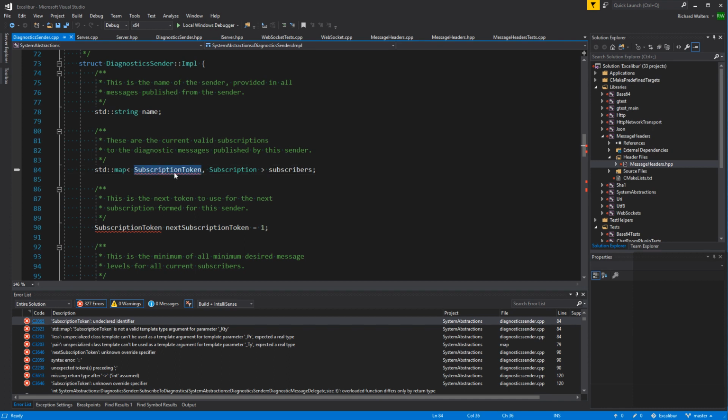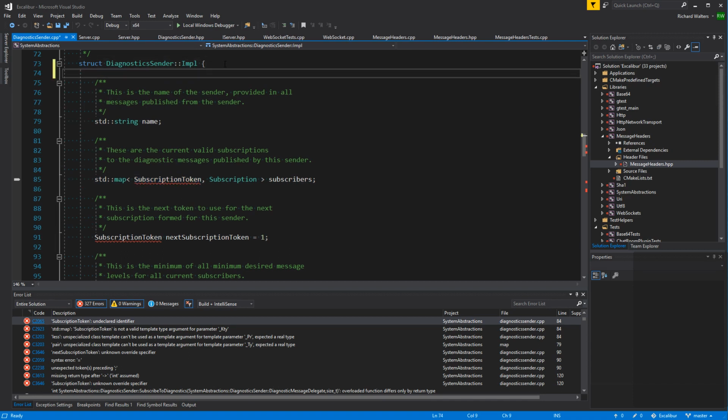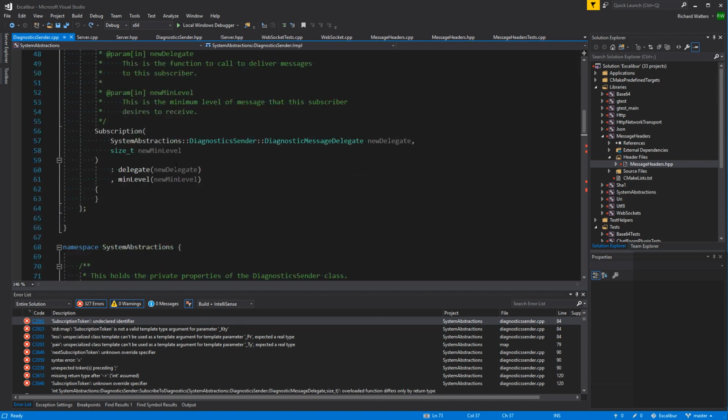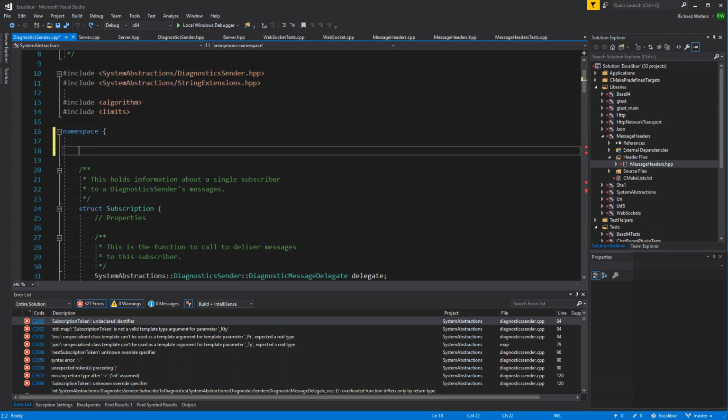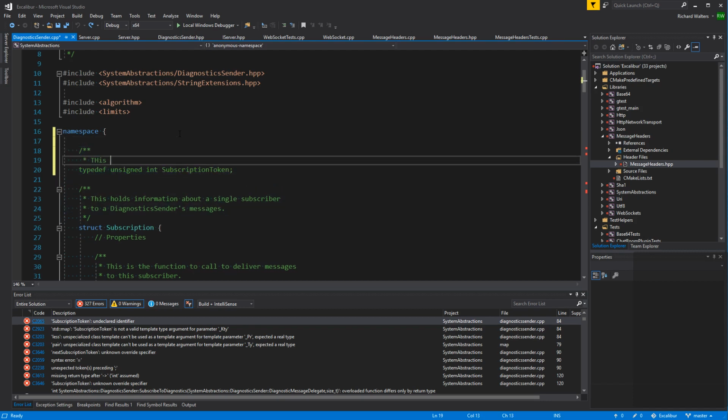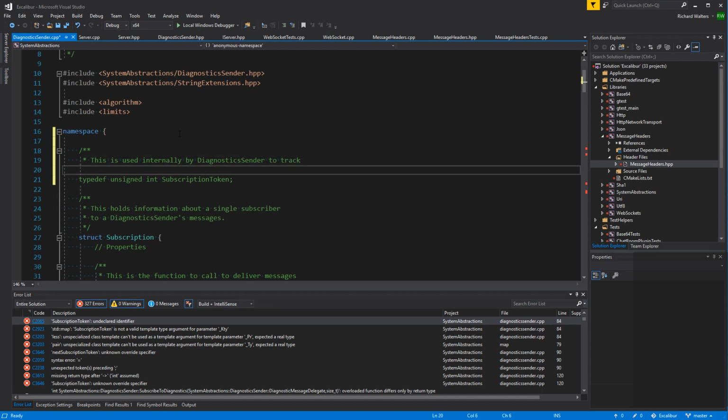So let's just locally define this type. We can even put it into the anonymous namespace up here. Typedef unsigned int token. This is used internally by diagnostics sender to track subscriptions.